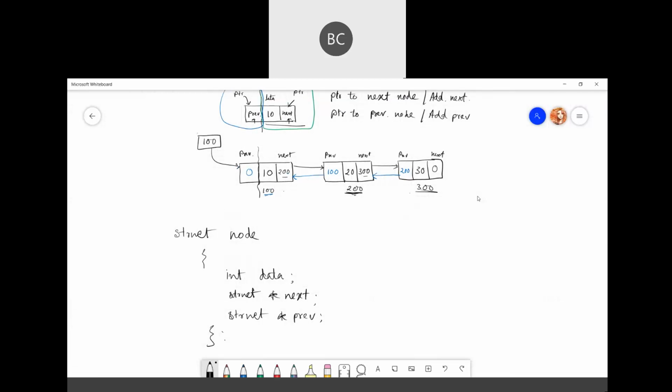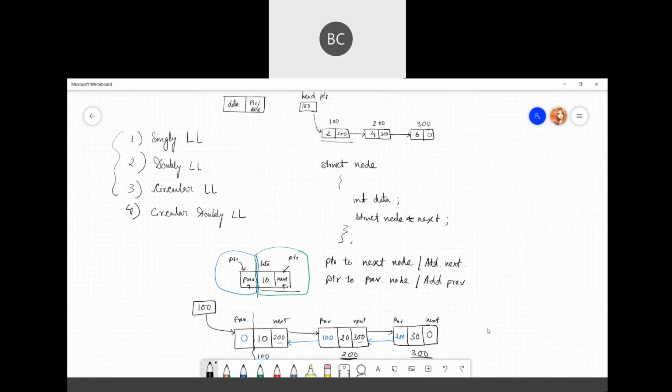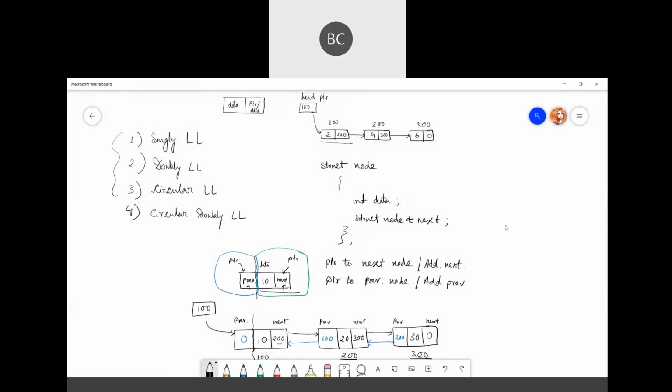Therefore insertion and deletion operations are much faster here. In case of a singly linked list, what happens? If you want to add or delete something, you have to select the location first, then you have to go to the previous node. If you want to delete the second node, you have to go to the first node first.